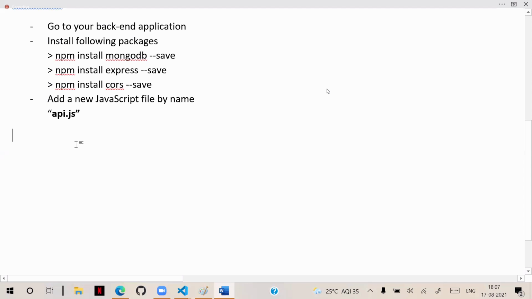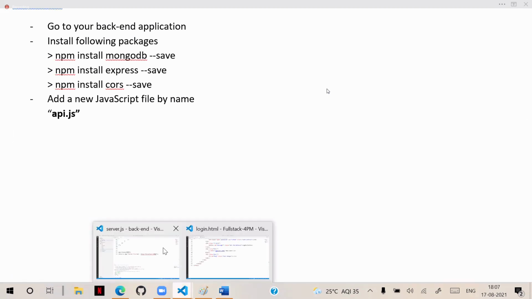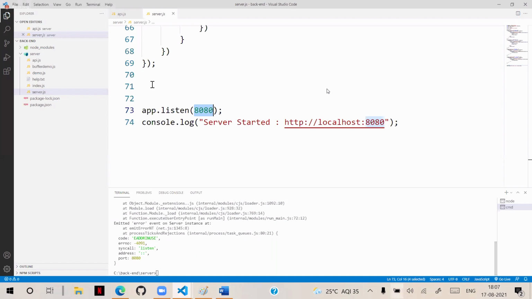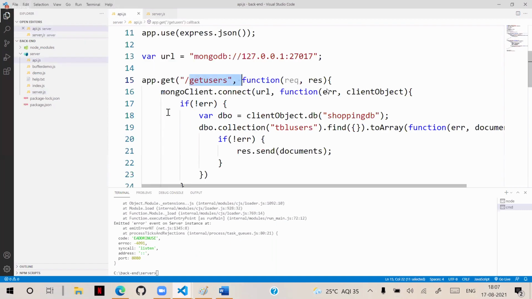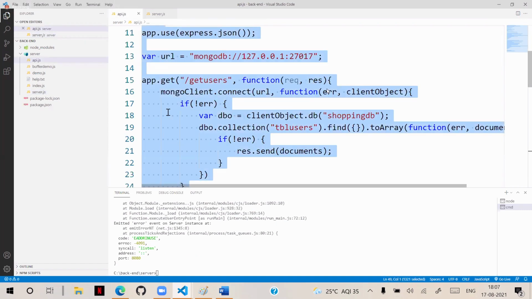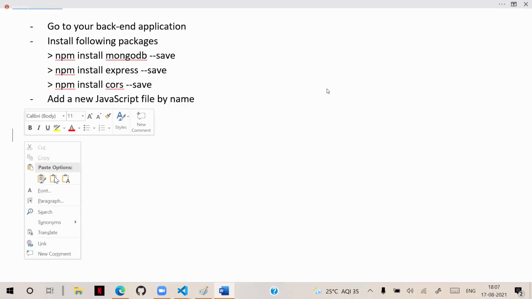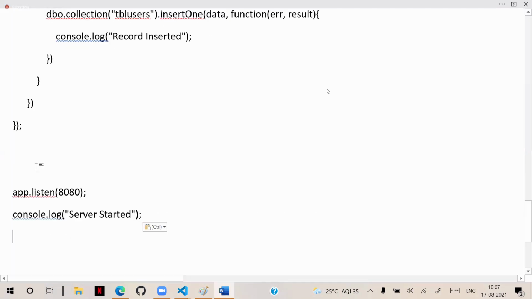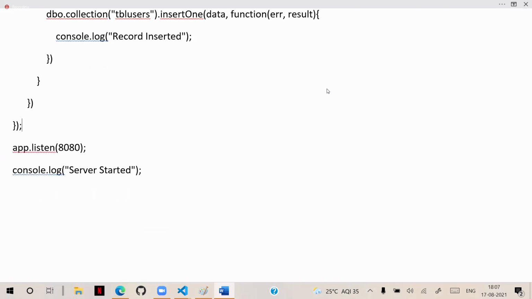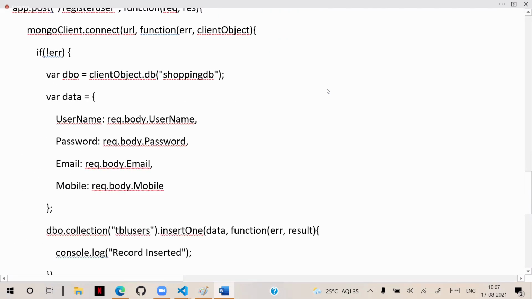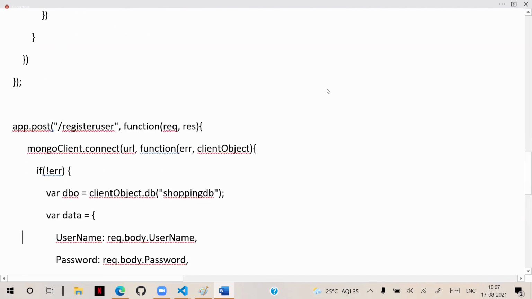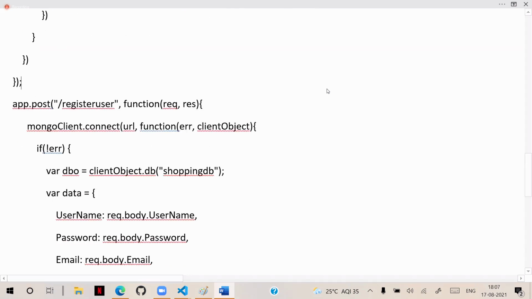So let's see how you configure the logic in api.js. Let's go to api.js, and this is the logic. I will copy this entire logic, and we need to configure all this here.